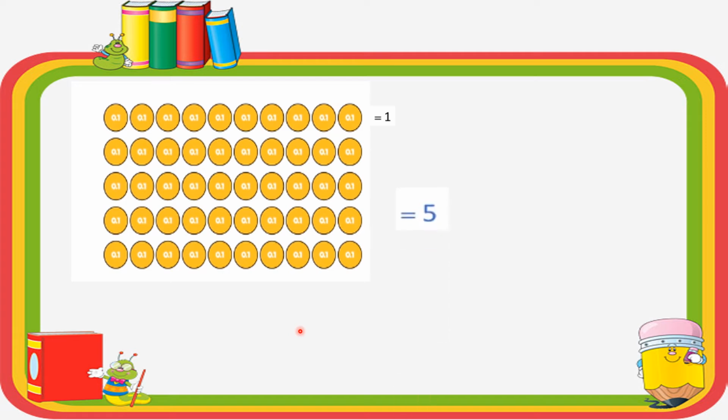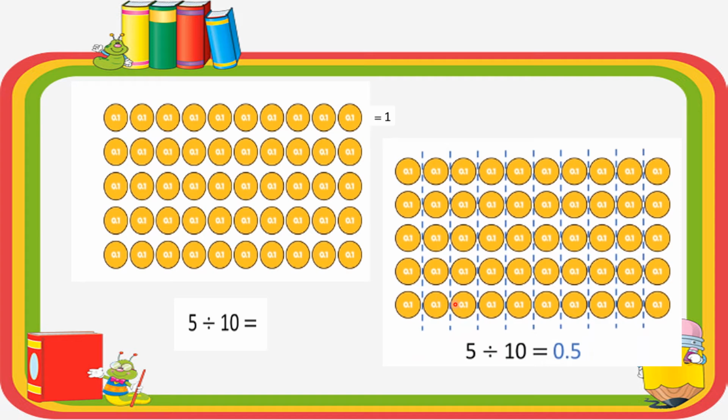Welcome back. Did you say it was 5? Well done if you did, because this is 1, 2, 3, 4, and 5. So 5 divided by 10 would give us what? 0.5, because when we place the lines showing our division divided by 10, 1, 2, 3, 4, 5, 6, 7,